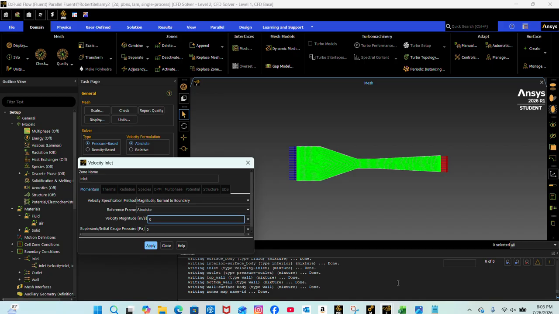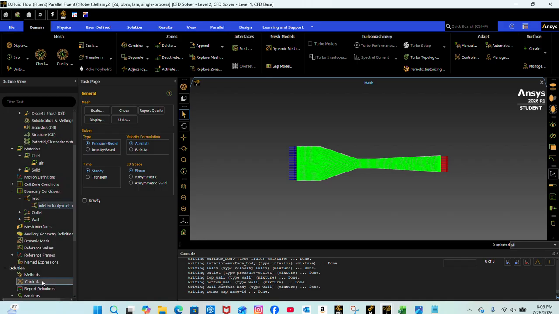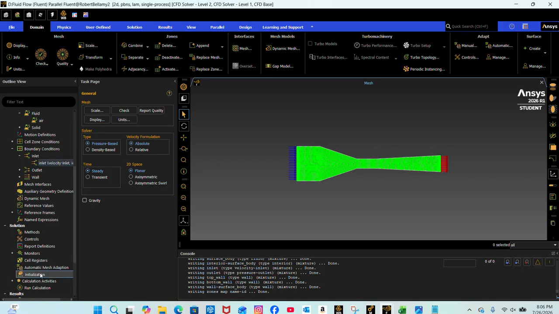Let me write the types down. 2.61387. That's because I did 40. Well, obviously you're doing a different project. Obviously it's different. Close. Then all you really need to do after this is go to initialize